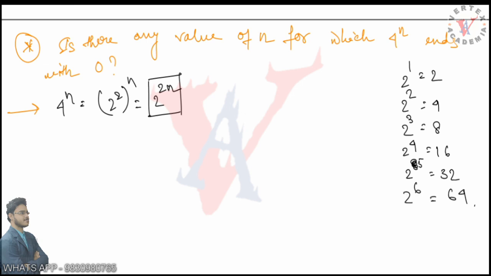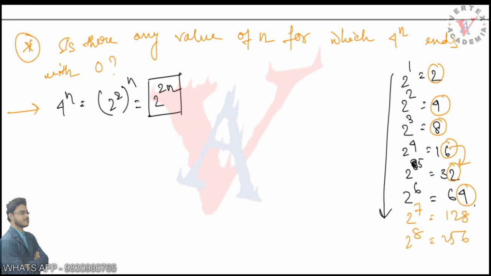Now in any number, this is the beauty of mathematics, if you keep on making powers like this, you will see these miraculous relations: 2, 4, 8, 6, and again it gets repeated. 2, 4. If it's 2 to the power 7, then it's 128. 2 to the power 8 is 256. 2 to the power 9 is 512. So after 6, again 2, 4, 8, 6. After 6, again 2, this will continue.